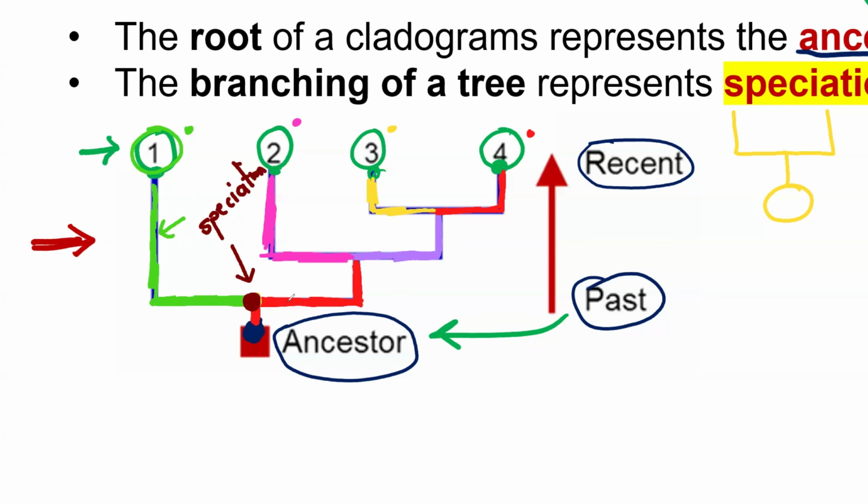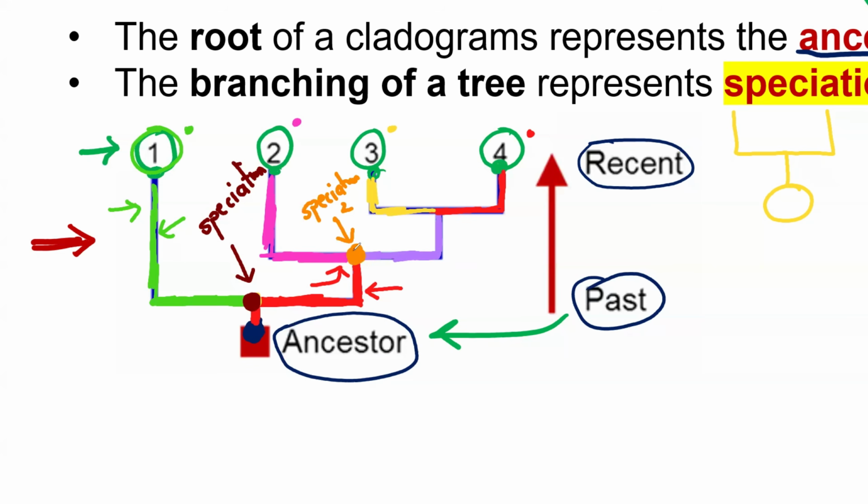Okay. And when we continue moving on with the line for this red species, this line also branches at this point. So there's also a branching that is happening at this point here. This branching as well shows you another speciation event. This is speciation event number 2. So speciation happened for the first time in this common ancestor, and we created descendant number 1, the green one here, as well as this other descendant, which is the red one. It doesn't have any label.